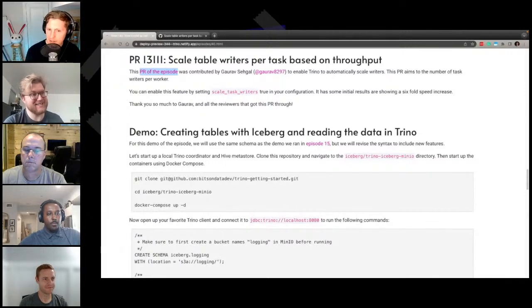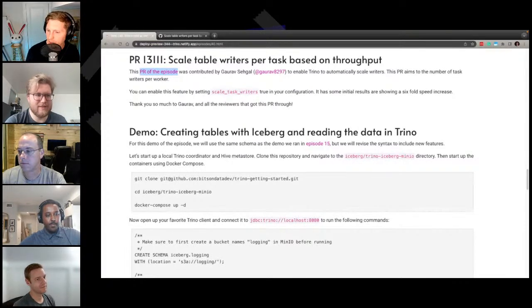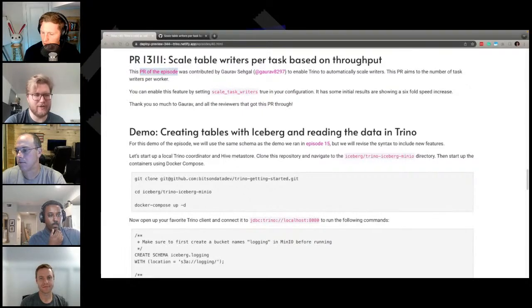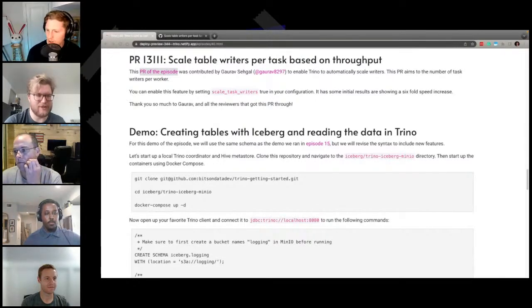But would it not make sense for other distributed systems, or is that possible, or are you aware? I think there's more to come. That PR, I think, is an improvement. It's not working incredibly well with partitioned tables. Okay. And that's more down the line. And we may see follow-up work related to that, but that's at least where it is right now. And that's going to impact a broad variety of use cases, because I think a lot of people are just using Hive, Delta, or Iceberg. We're recommending Iceberg. Gotcha.